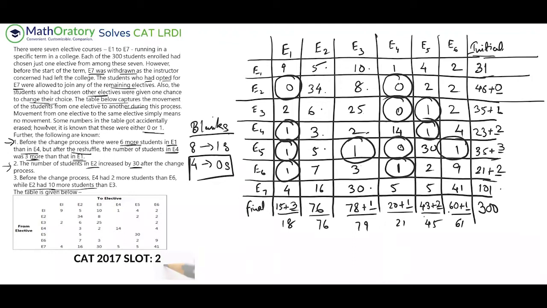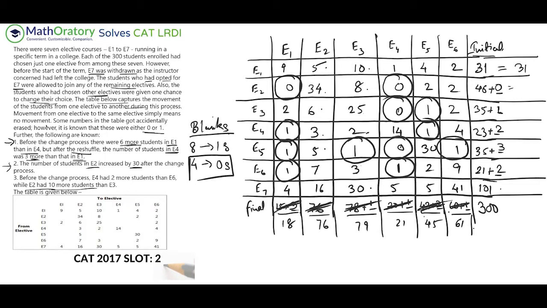So I'll just extend this a bit. I'm just rewriting this so that I don't have any problems later on. This is something I do always so that later on I can easily evaluate these kind of things. I don't have to work around again. So this is 31, this is 46, this is 36, this is 25, this is 38, this is 23, and this is 101. So you can strike this off as well. So that is our table, right?